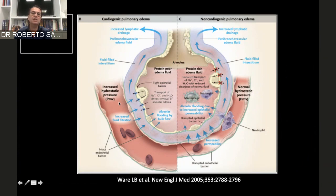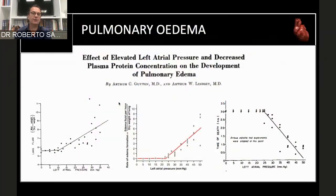And you can see from these graphs that this is the left atrial pressure and this is the lung fluid. You can see that above 10 millimeters of mercury in the left atrium, you have a rise of the fluid accumulation, and also you have an increased death rate. So the left atrial pressure is one of the major determinants that induce increased